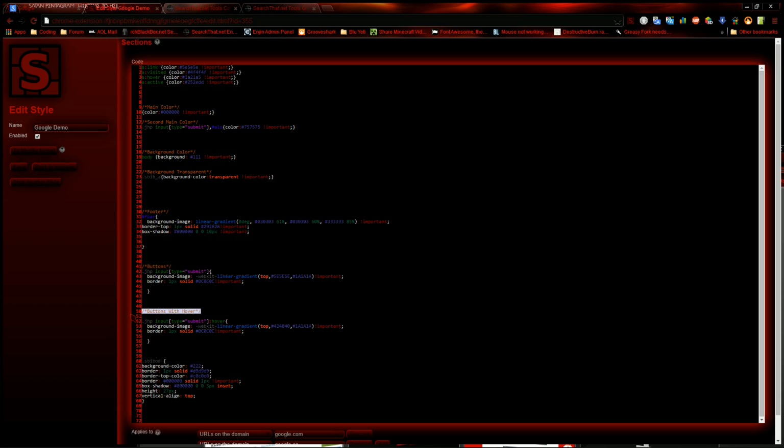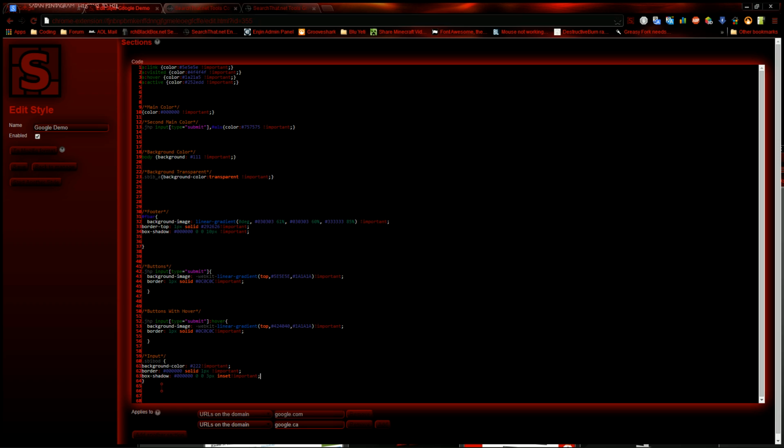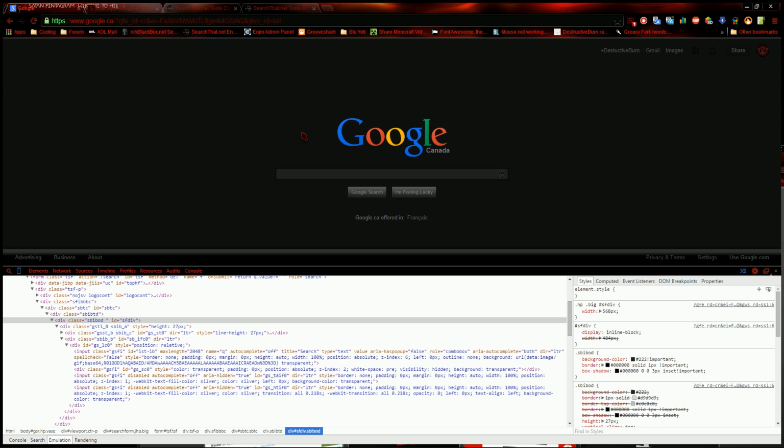Okay, I'm gonna do input. Since that's input, I want to keep the background color. I don't want to keep these borders because I made my own, right here, and my box shadow. I don't need the height or vertical because that's already been in there. They built that. I don't need to deal with it. Alright, now for the input also needs a color, but since I'm gonna show you something here real quick. With inputs, I'll just type in something. As you see, it's black, right? What I can do,